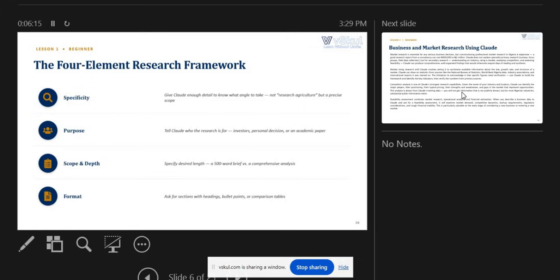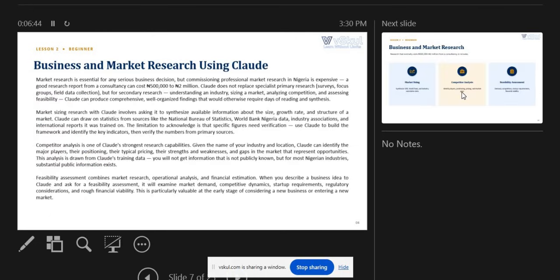Tell Claude who the research is for. Is it for a student? Is it for an institution? Is it for an investor? Is it for basic information? Now, scope and depth are also important. Then the format: I put it in sections, with headings, bullet points, or comparison tables. All of that will help Claude produce a well-professional, compelling document that you can present anywhere at any time